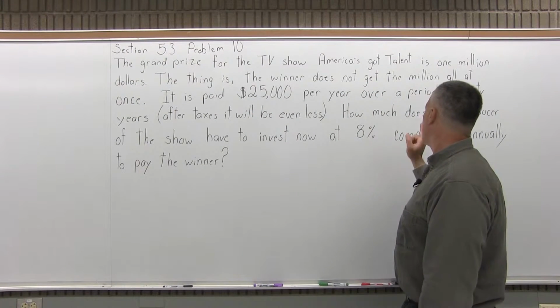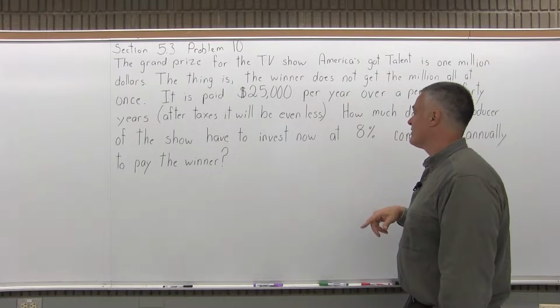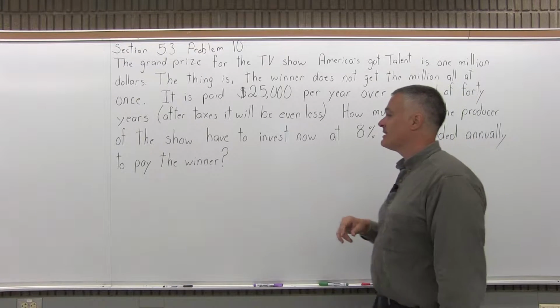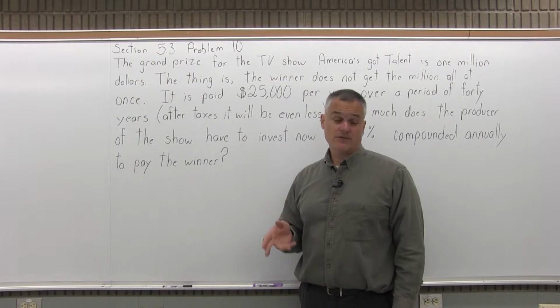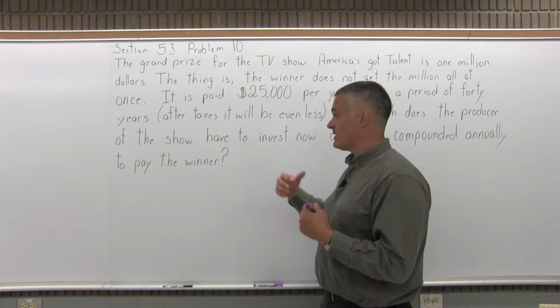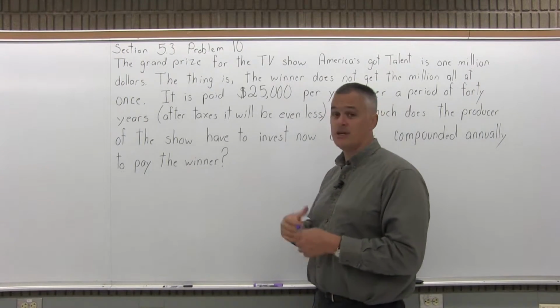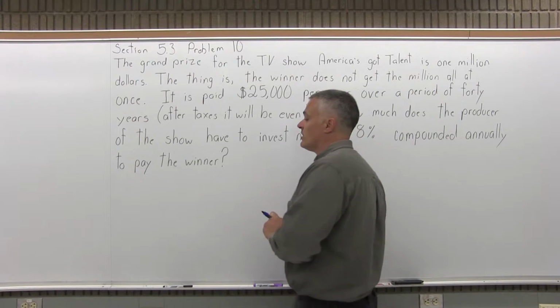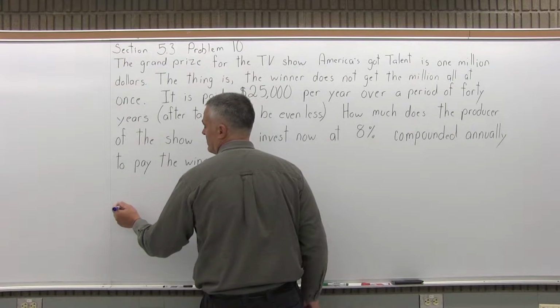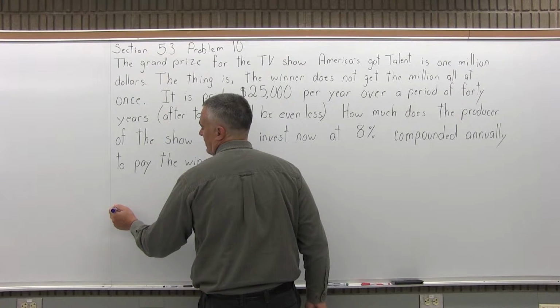So how much does the producer of the show have to invest now at 8% compounded annually to pay the winner? So this is a present value of an annuity question. You're investing some money up front to pay a salary, and the interest that you earn on the money helps pay the salary. So the formula for the present value of an annuity is A, that lump sum, equals P, the regular payment,